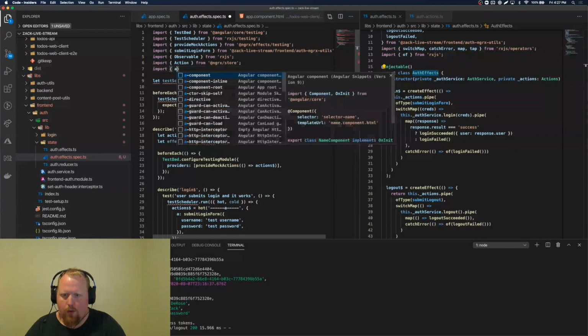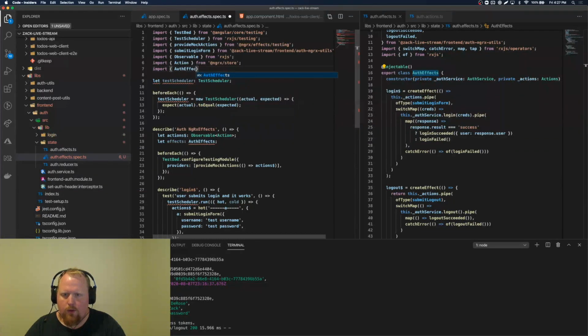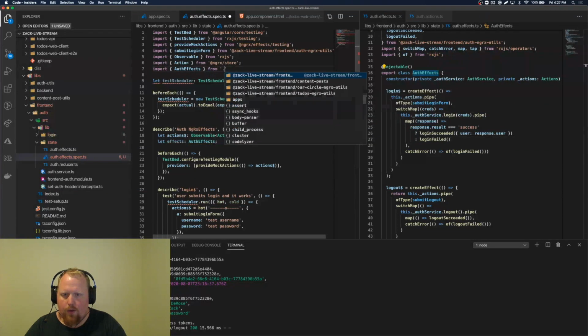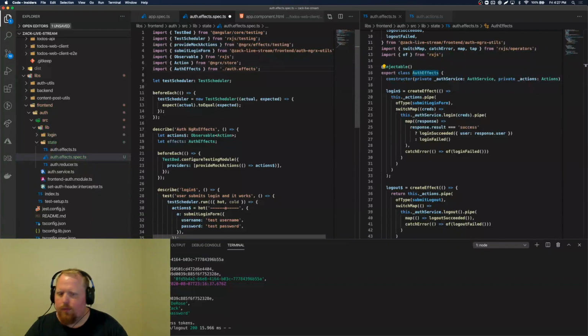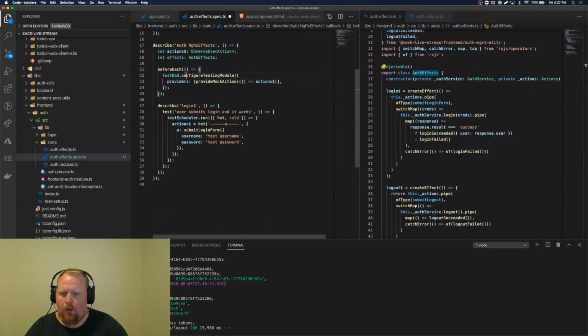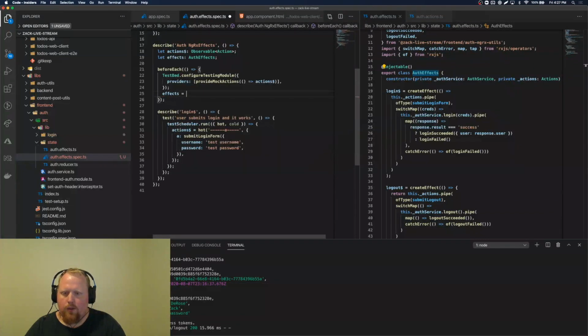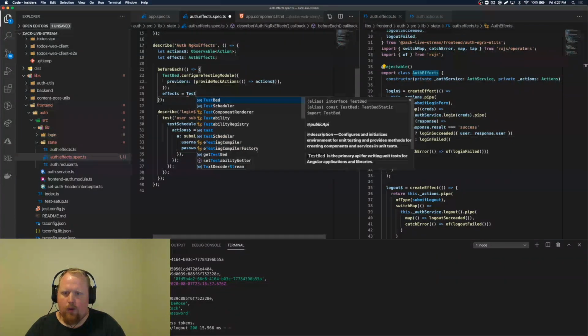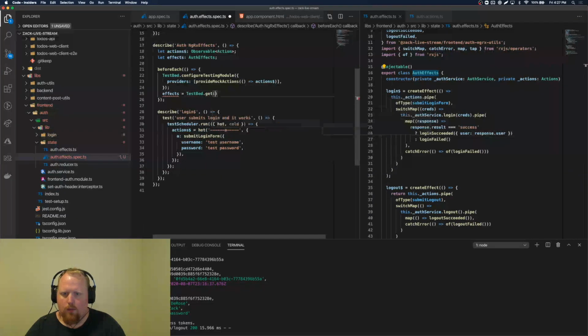Import auth effects from, yeah, and then here effects equals testbed.get. Is that how we do it? I'm blanking on this. Let's try it. So this is our actions, and so we're going to want to say, if I pull up the docs again here,